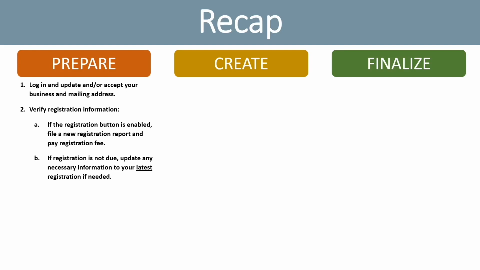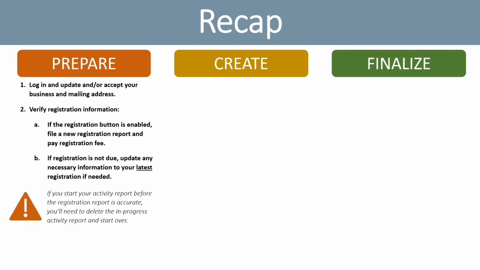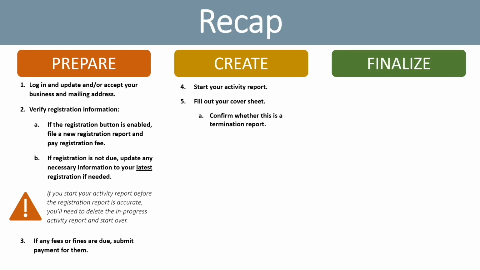Note, if you start your activity report before the registration report is accurate, you'll need to delete your in-progress activity report, update your registration, and start over. If any fees or fines are still due, submit payment for them. To create, first start your activity report and fill out the cover sheet. Confirm whether this is a final or termination report, and state whether you have reportable activity, or confirm your statement